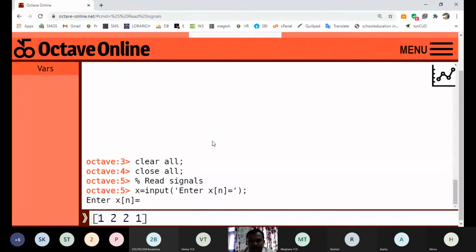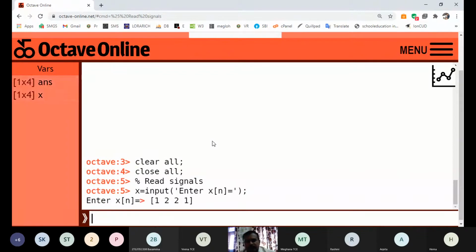If you use comma in MATLAB, it is used as a multi-dimensional array. So for a single dimension array, don't use comma, use space between the array elements. It is the 4 element signal x of n, which is 1, 2, 2, 1. I have entered it.